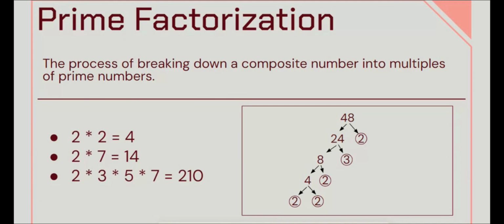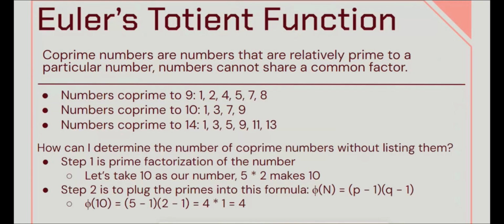And so you can take any number and factorize it into its primes, and that's basically the essence of prime factorization. The next thing we need to know is Euler's totient function, and follow me on this one because it's a pretty key concept that's going to keep coming back in discrete math and cybersecurity. In order to understand Euler's totient function, we need to know what coprime numbers are. Coprime numbers are numbers that are relatively prime to a particular number, which means that the numbers cannot share a